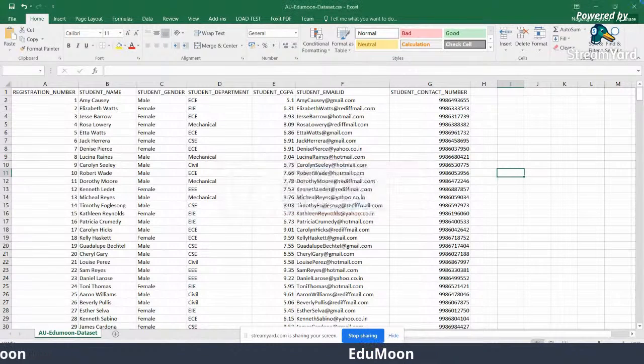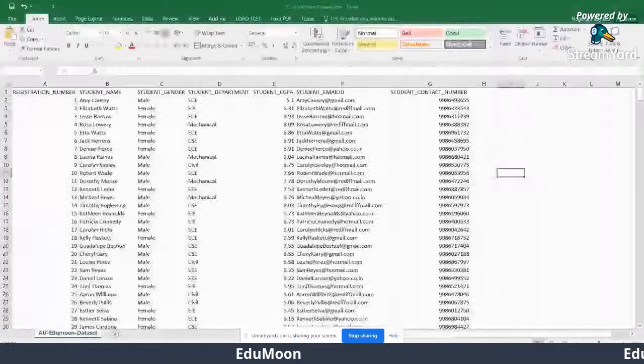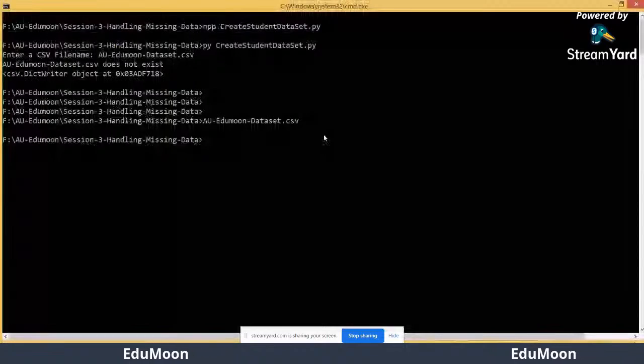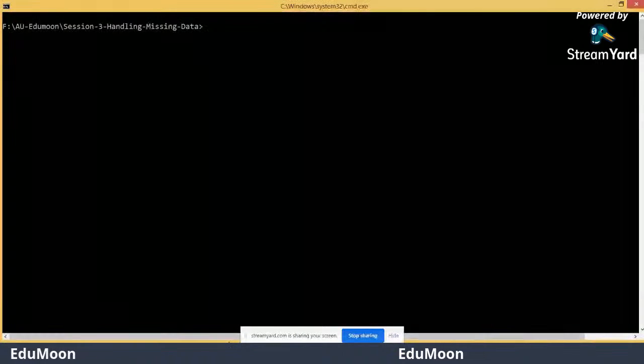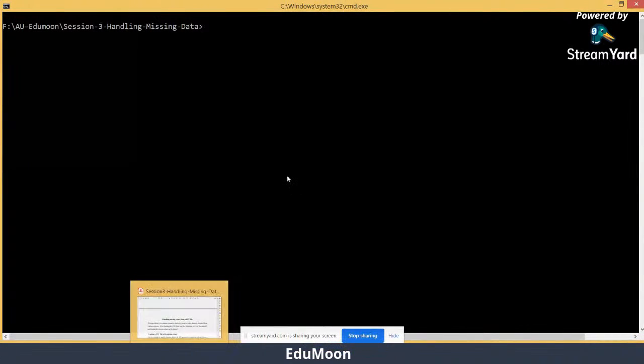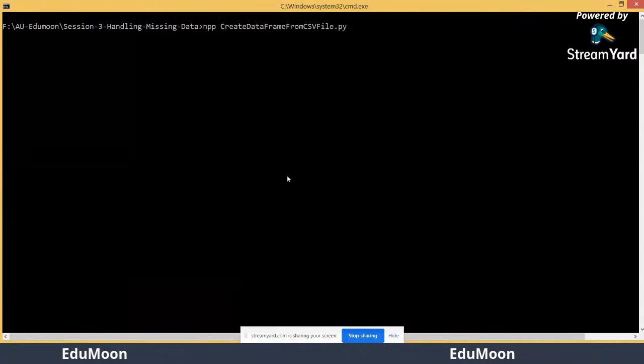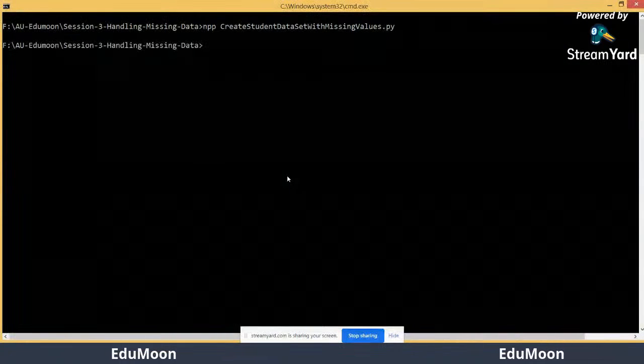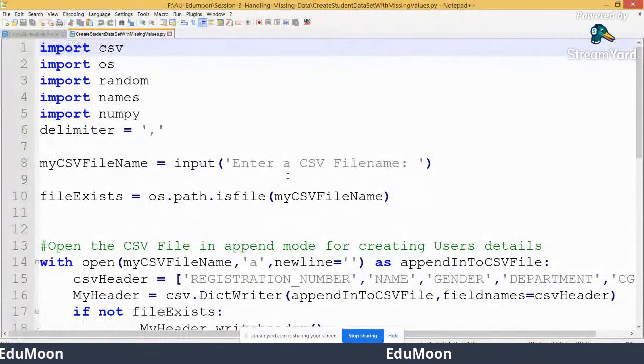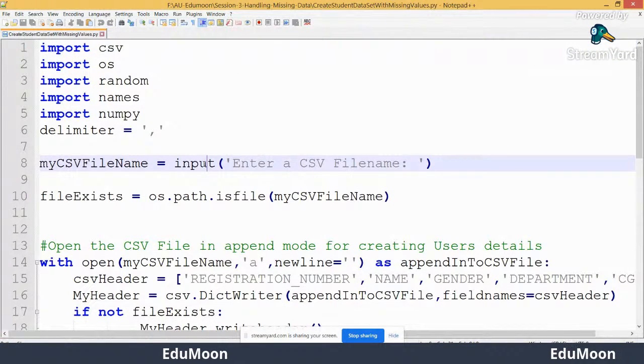Now, how to insert some missing data by using a program. So let us try to create a data set with missing values. Same program, but with little modifications. It's very simple. See here,